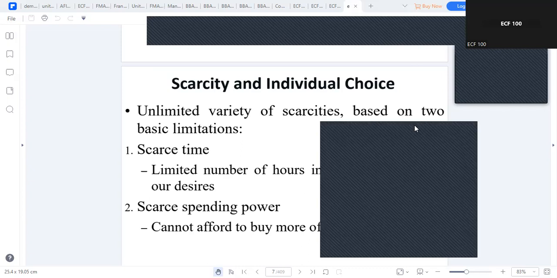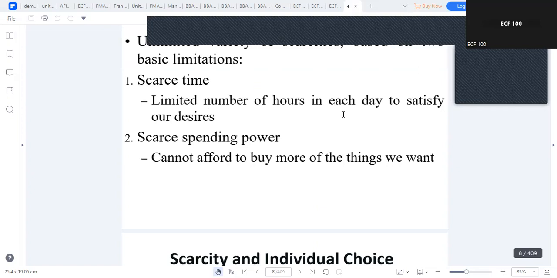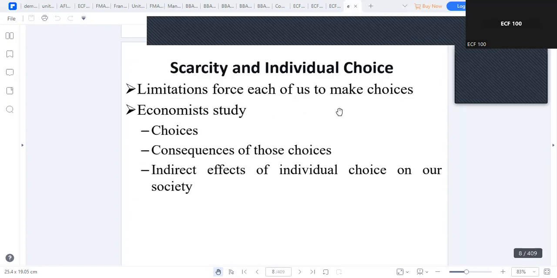So please, as I'm breaking this down slowly, I need you to understand how questions will come. So with scarcity, we have broken down a synonym of scarcity to a limitation. The limitations force us to make tough decisions as economists. These tough decisions bring about choices, and consequences therefore come due to the choices we're going to make. So effects that will come from these individual choices will either be direct or indirect. And so